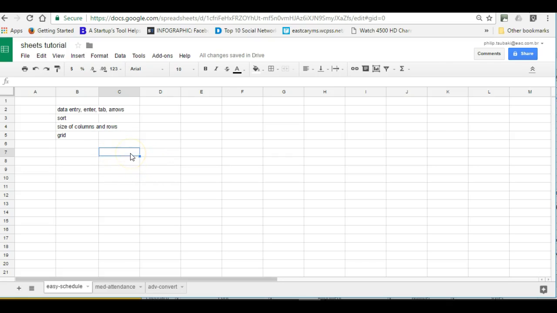schedule. And the way the schedule is going to look is it's going to have Monday, Tuesday, Wednesday, Thursday, Friday across the top, and along the side it'll have periods 1, 2, 3, 4, 5, 6, 7, 8, right? So along the way I'll show you some ways that Excel or Google Sheets makes it easy for you to fill things in like this that might be a little bit tedious when you fill it in on paper. For example,